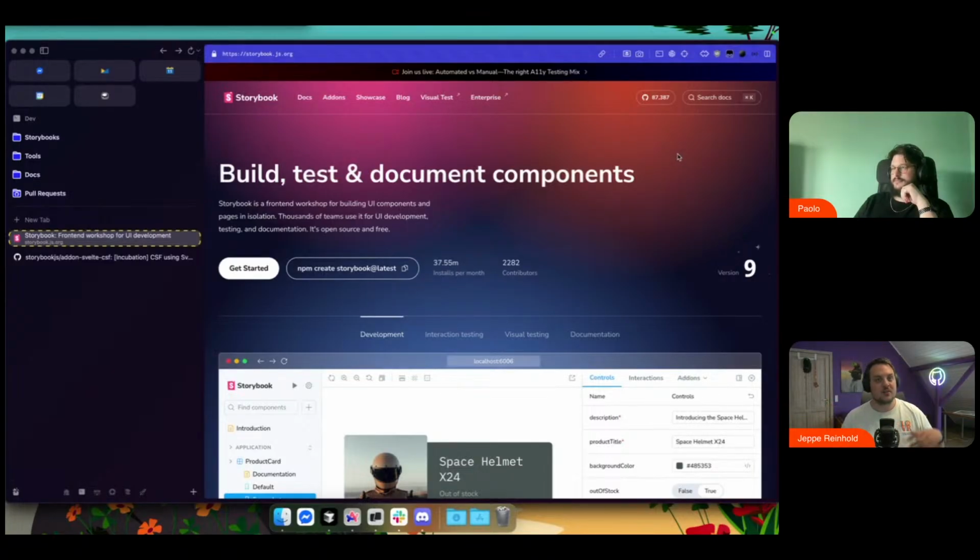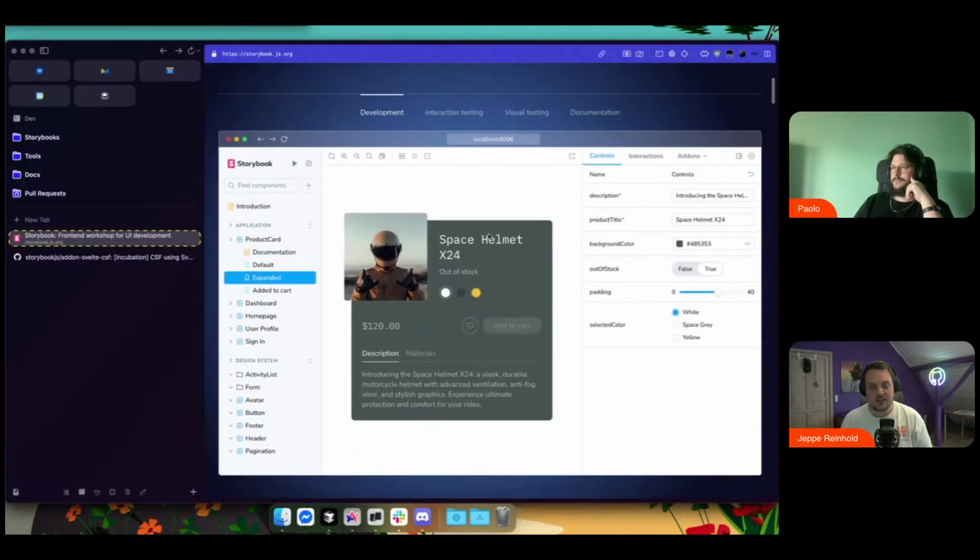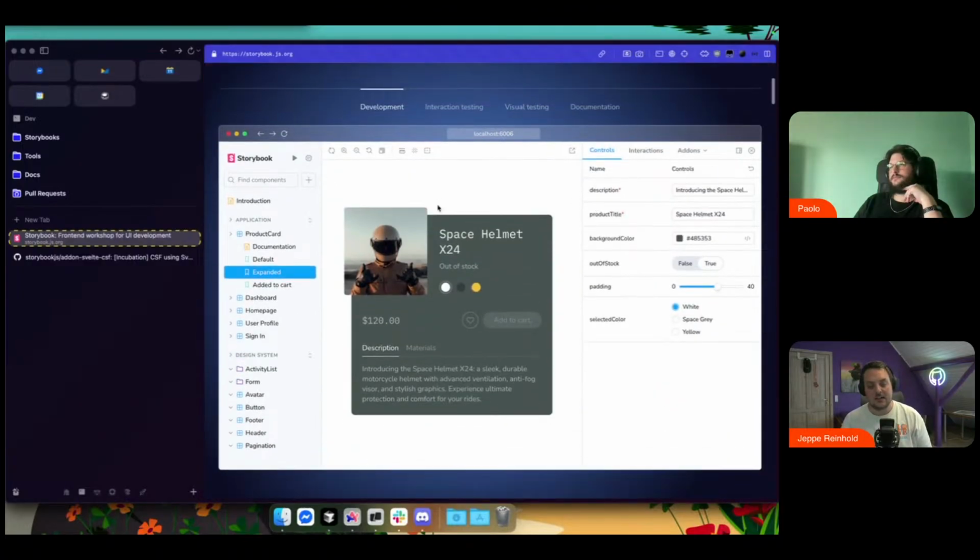When you're building your form or your button, you don't necessarily want to see how it behaves in the page that you're at. You want to see how it could behave in any page anywhere. And that's what Storybook gives you: just looking at the component, completely isolated from anything else. Then you can plop in your component wherever you want. This is an example of a card component